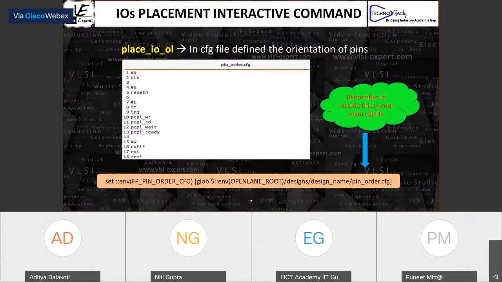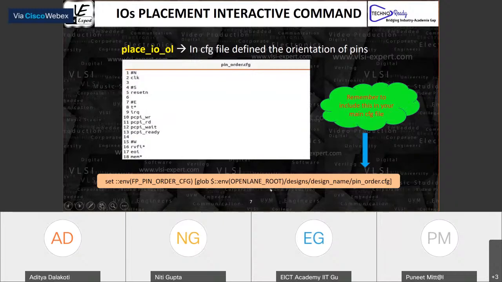And then we'll also set an environment variable, which is this, in your main config file. We'll do these two steps one by one, and then we'll run the place IO OL command. That is our target for today's session. This is your primary target, placing pins as you would like. We'll do this very slowly. I just showed you what the main target is.